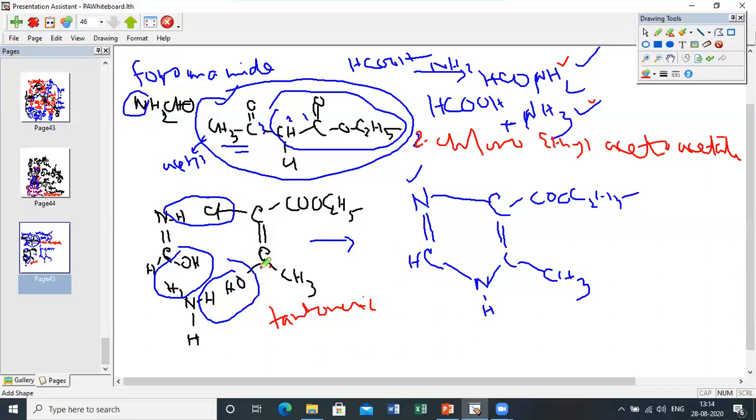You see, here previously one C double bond O is there, and there is no double bond here. If you see this part, there is no double bond in between this carbon and this carbon. Now I have done the ketoenol tautomerism in this bond. Here I have done the ketoenol tautomerism, so I have moved the hydrogen here and put the double bond here.